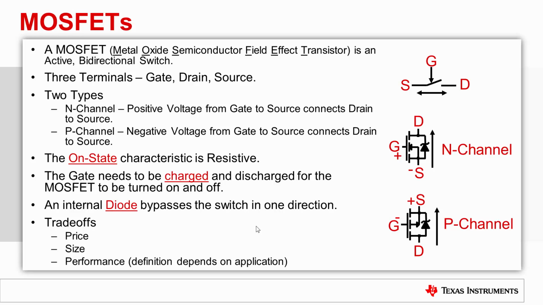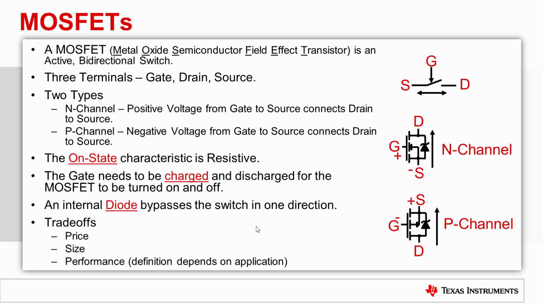One interesting property of both NFETs and PFETs is the presence of a body diode between the drain and source terminals. If the anode is at a higher potential than the cathode for either device, current will flow regardless if the gate to source threshold is exceeded. However, when the gate is charged and the channel is active, the on-state characteristic is resistive and the forward drop of the channel will be less than the forward drop of the diode. Therefore, most of the current will flow through this channel.